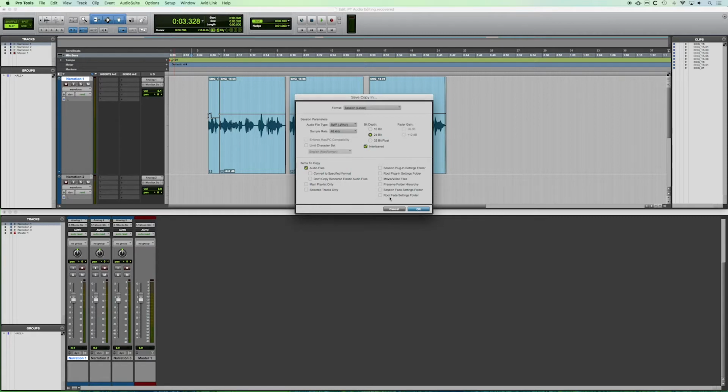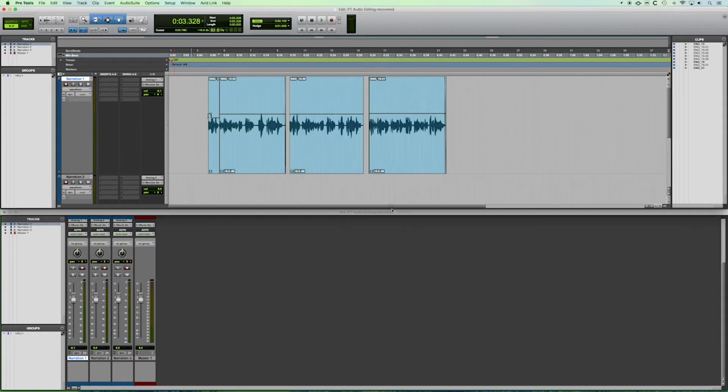And these options on the right are important because it chooses whether you want to bring along video files as well, but also the plugin settings folder and the fade settings folder are things that should also go along to the other user when you're trying to save them to somewhere else. This is also obviously useful for backups of your session, so everything's all in the same place. So I'm going to cancel that, and we're going to move along